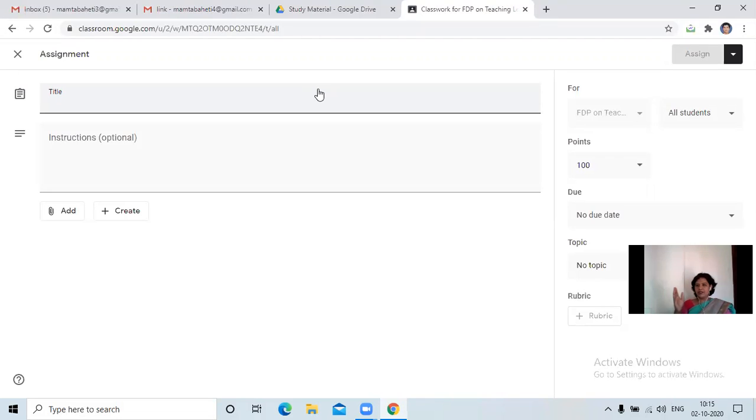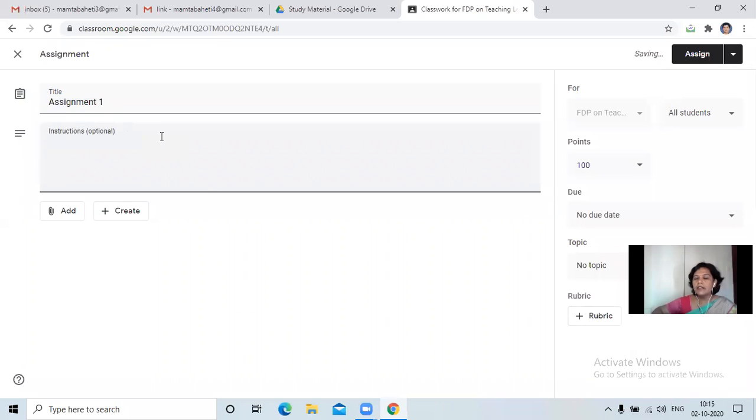So here first we'll see directly you are giving the marks out of 10 or 20 or 100 as per the assignment suggest or the point system that you are maintaining. So here, see, suppose this is assignment 1.